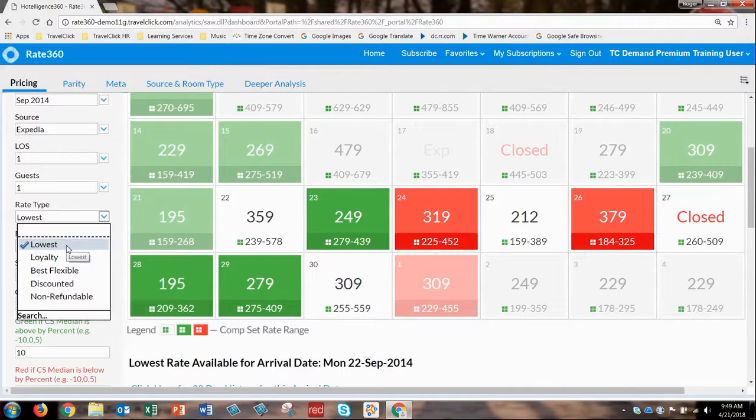Lowest displays the lowest rate regardless of any discount, conditions, or restrictions. Loyalty is the lowest publicly available rate offered specifically to loyalty members. Best flexible: these are rates offered for general availability without qualification or advance purchase requirements, and with no more than